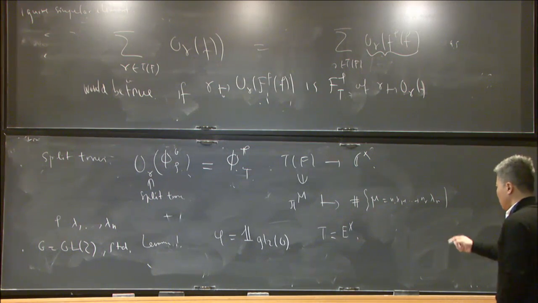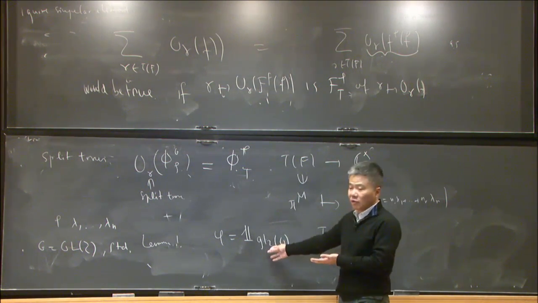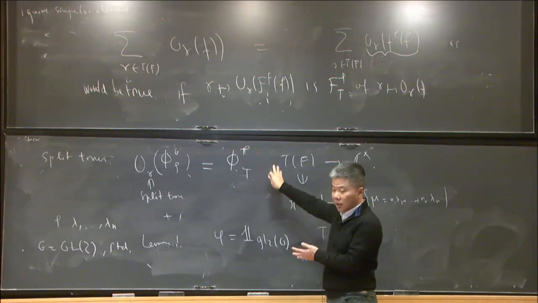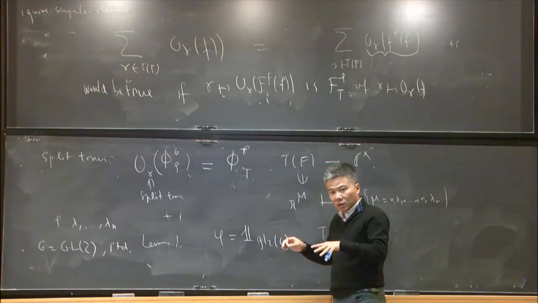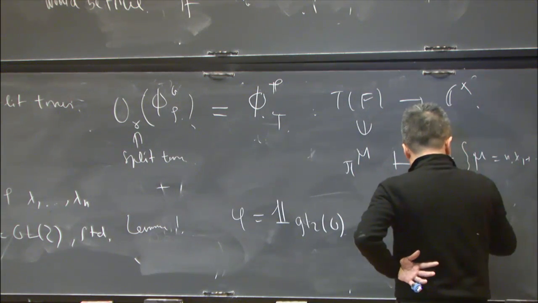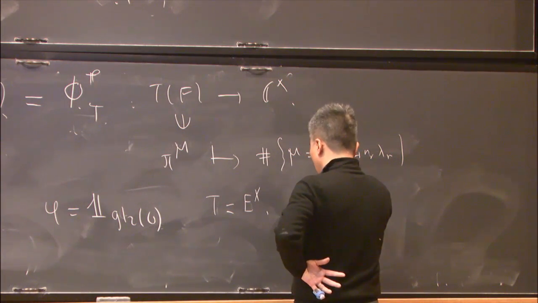And when you compute, on the split torus, it just gives you the characteristic function of GL2 of O, in the split case nothing happens. It's just constant function. On the non-split torus, you get something like this. So the orbital integral